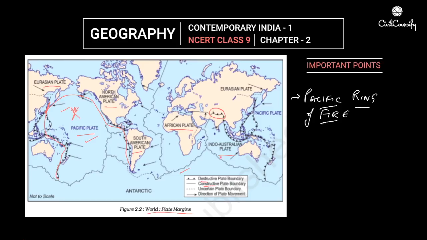So the Himalayas are sitting on a destructive plate boundary, and as most of you must be knowing, the Indian peninsula struck the Eurasian plate, and this was the reason why the Himalayas, the young fold mountains of India, uplifted. And because the Himalayas sit on the destructive plate boundary, that is why we read